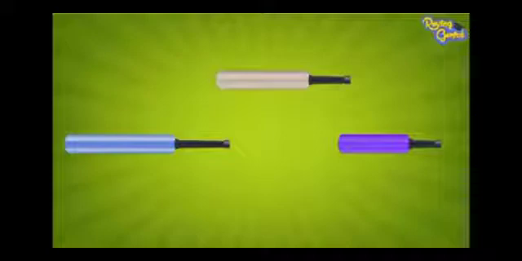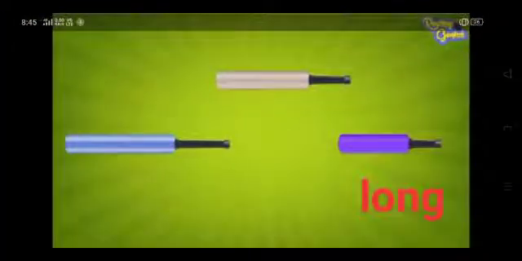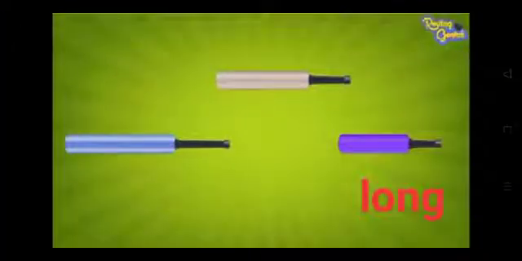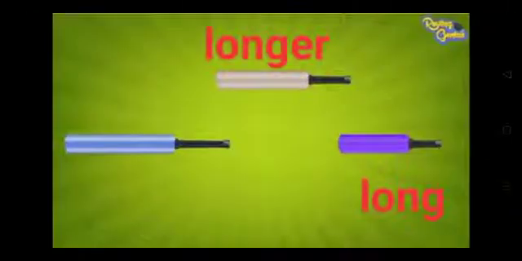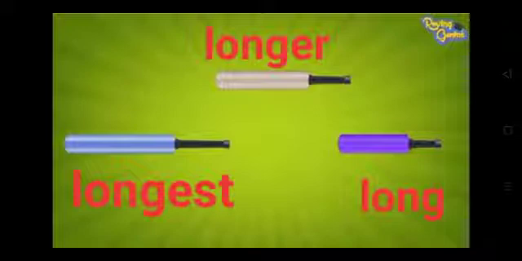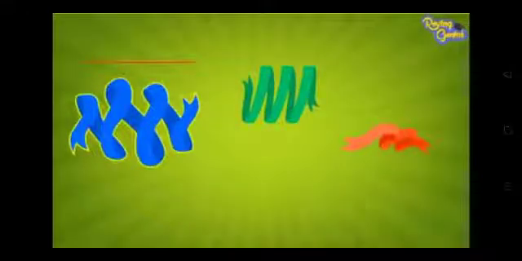The pink color bat is longer than the purple color bat, and then the blue color bat is longest. This purple color bat is long in size, the light pink color bat is longer, and the blue color bat is longest.